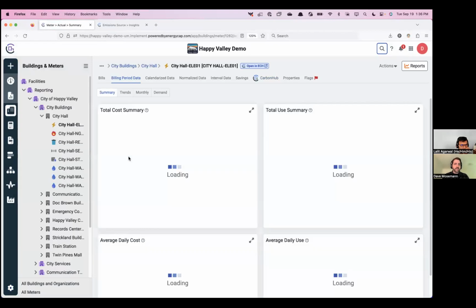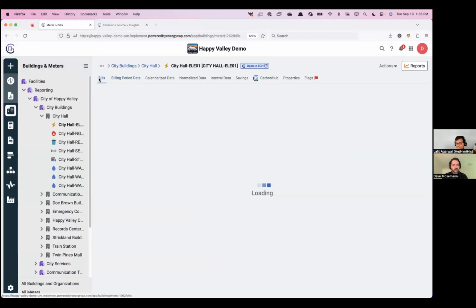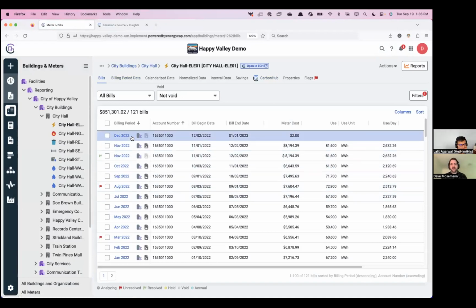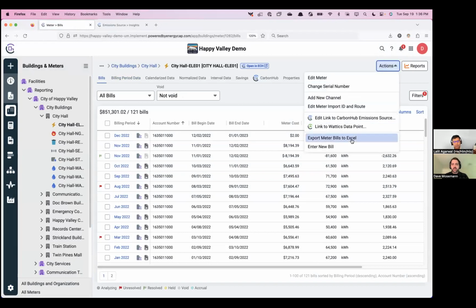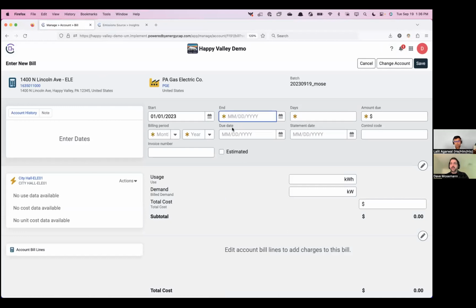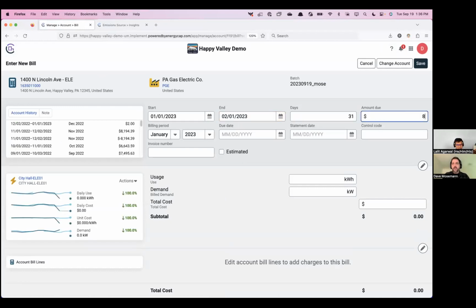If we look at the bills, I have some bills up here to the end of 2022, and we can see that this meter is linked to an emission source in CarbonHub. So I'm going to go ahead and just enter a new bill on this meter. And we're going to make this for 31 days. And this is an $8,000 bill